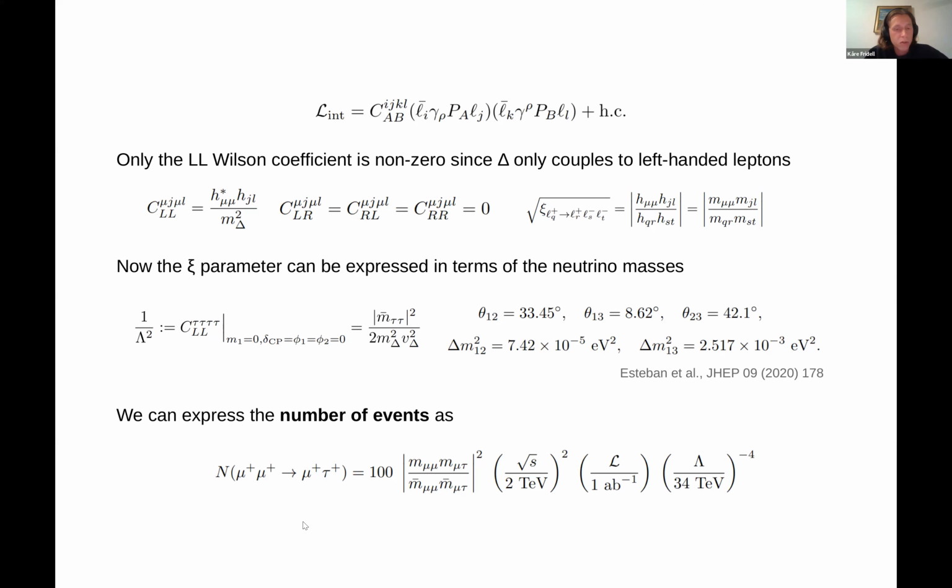So we would expect to be able to probe new physics scales related to the neutrino mass generation around 34 TeV for a wide range of different flavor components. I'm showing mu tau here as an example, like I said earlier, but of course it can be done for all the other flavor components, including the mu tau tau, which cannot be probed in tau decays. So that's actually a completely unconstrained parameter.